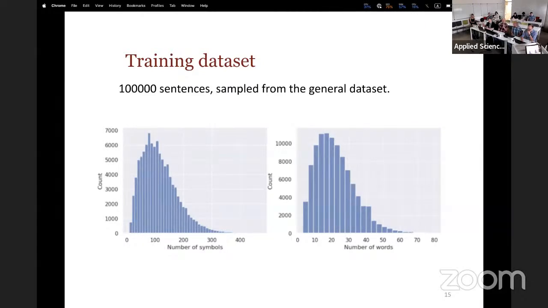Sorry, I have one more question. Will it work on other languages? Yes, the approach is general, but if we take GPT-2, which was trained on English, we need to change it and fine tune it on the other language.